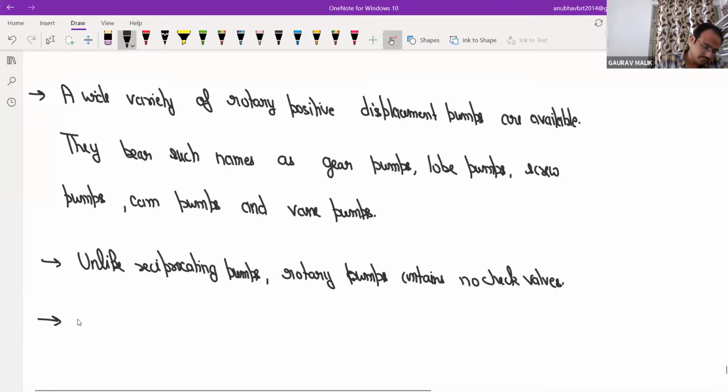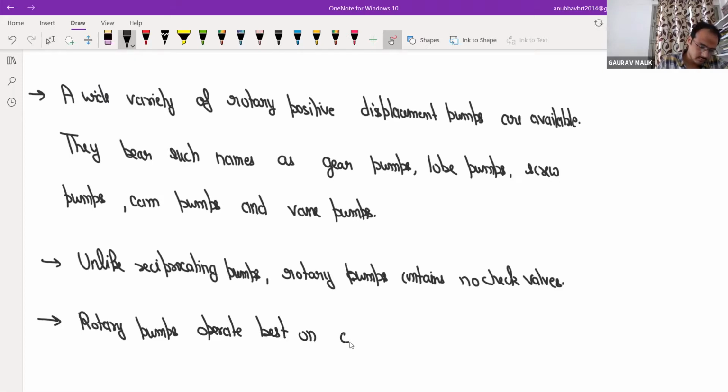Next point, rotary pumps operate based on clean, moderately viscous fluids,